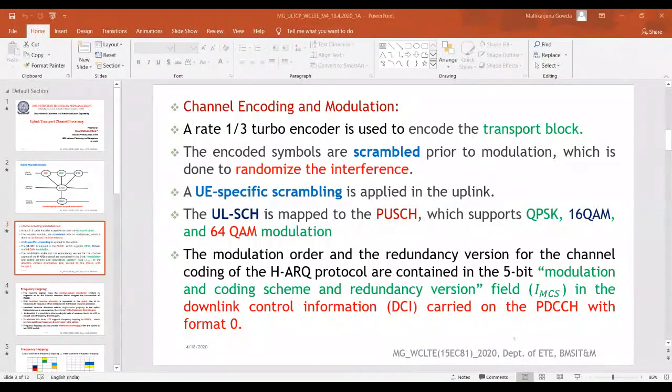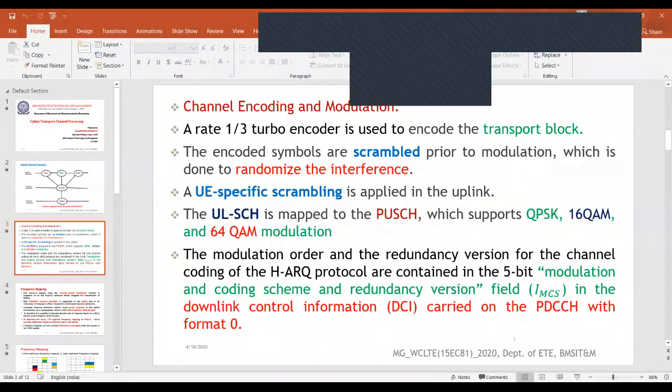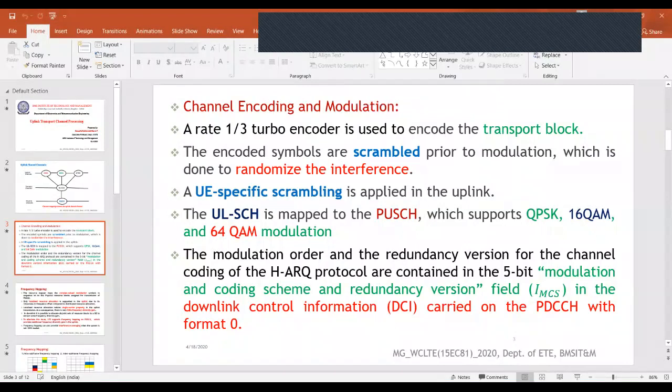QPSK and 16 QAM are supported by every handset. Support for 64 QAM depends on the user equipment capability. Even among user equipment there are different versions, and only a few will support 64 QAM.